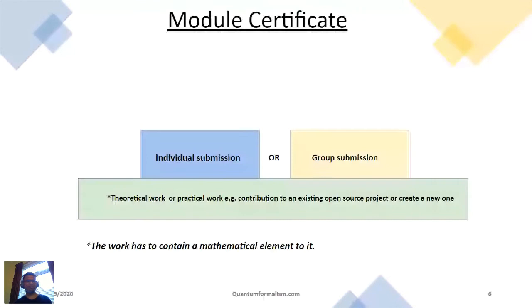You learn the mathematical concepts, and then you do something with them. This could be theoretical or practical work, for example contributing to an open source project or creating a new one. It doesn't have to be anything grand.